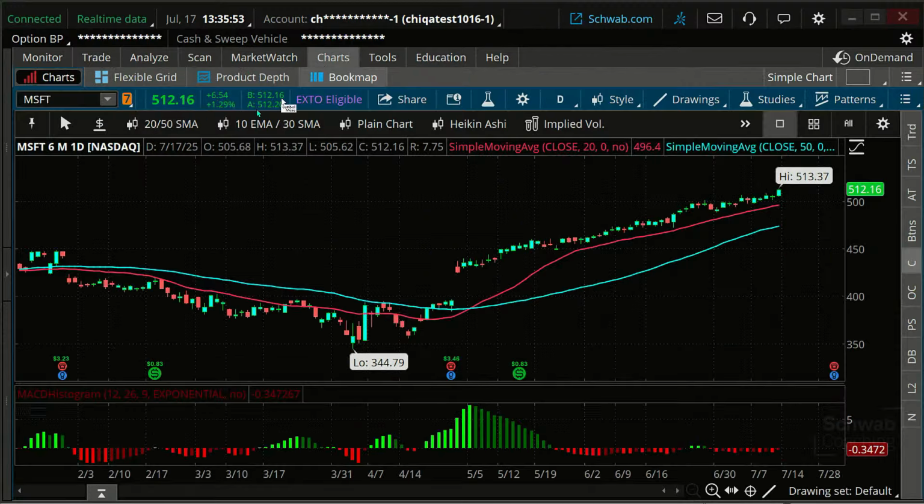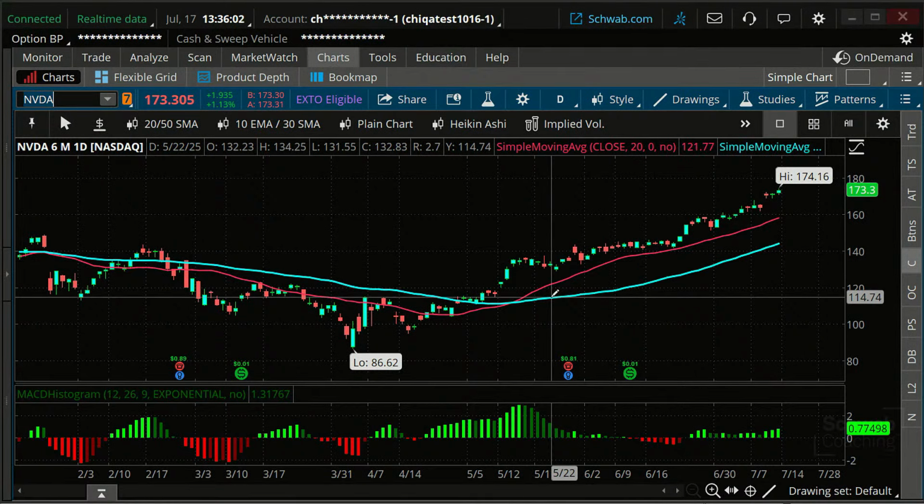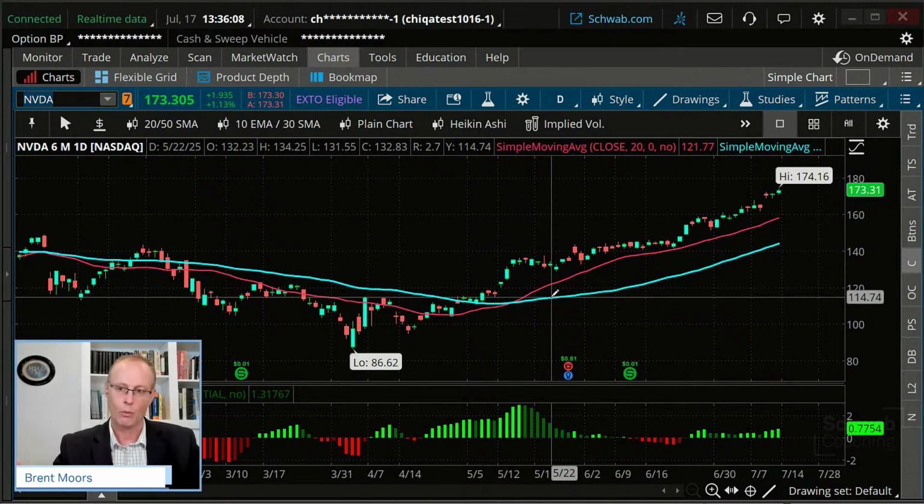Let's look at those last 2 and just see what we got there. NVDA. Is the scan doing what we wanted it to? Yeah. The process of creating these scans is you create it, you see what you don't like about it, and then you tweak it. You add to it. We saw we had earnings coming up. We didn't want to deal with that, so we tweaked it. We added that extra parameter on there.